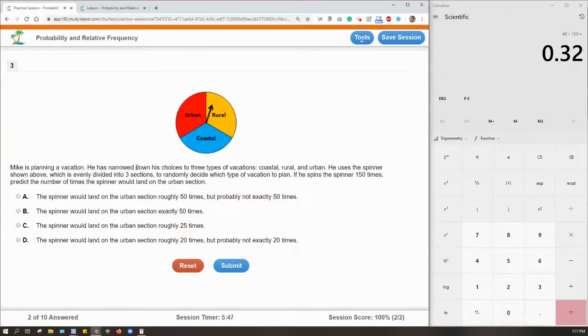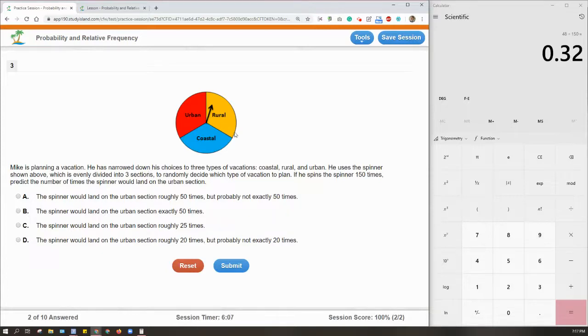Number 3, Mike is planning a vacation. He has narrowed down his choices to 3 types of vacations: coastal, rural, and urban. He uses the spinner shown above, which is evenly divided into 3 sections, to randomly decide which type of vacation to plan. If he spins the spinner 150 times, predict the number of times the spinner would land on the